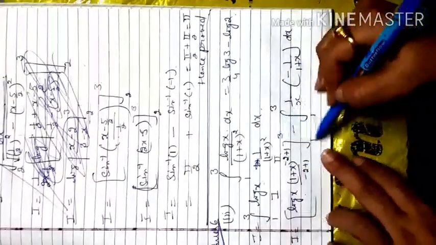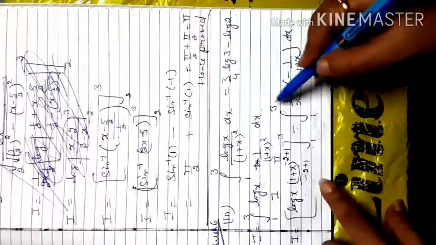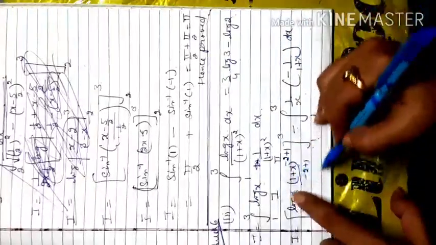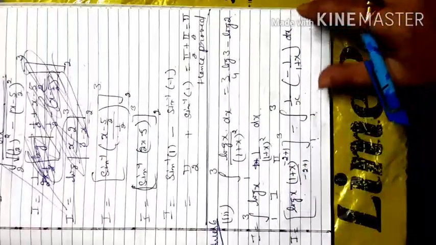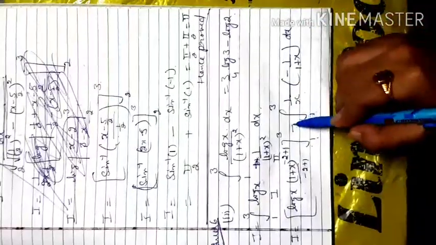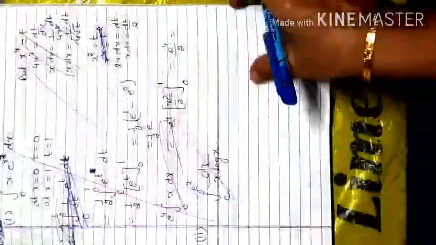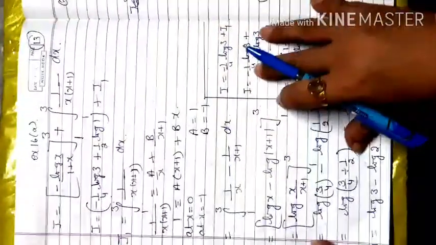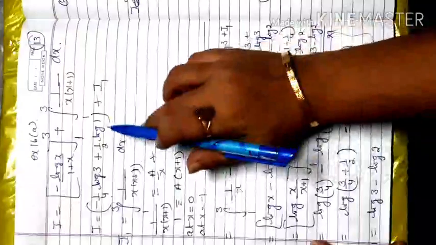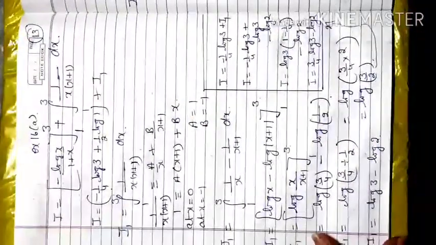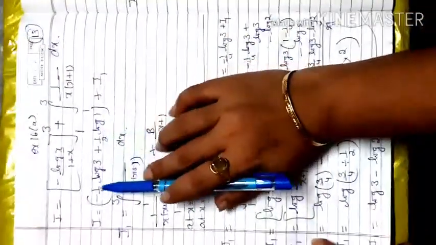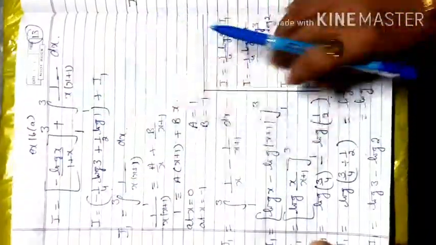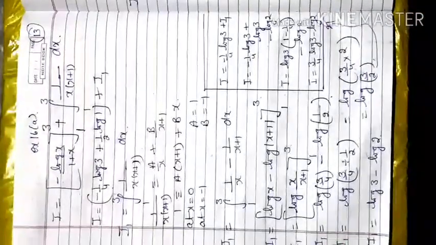So the limit will be applied because integration is solved here. Minus integral from 1 to 3 of, differentiation of log x is 1 by x, and minus 1 by x is repeated here, what you have integrated. Now the negative sign becomes positive. Again it will go by the partial fraction method, and the first part of this question is solved and we apply the limit. After applying the limit, log 1 becomes 0, and here minus 1 by 4 log 3 plus 1 by 2 log 1. This becomes 0, and this we consider as I1 because we have to solve this by the partial fraction method.